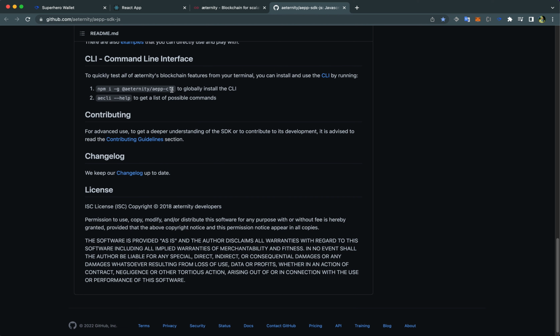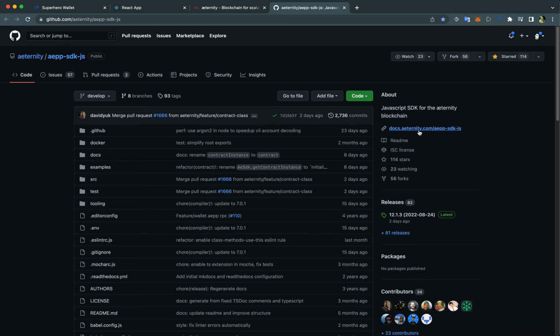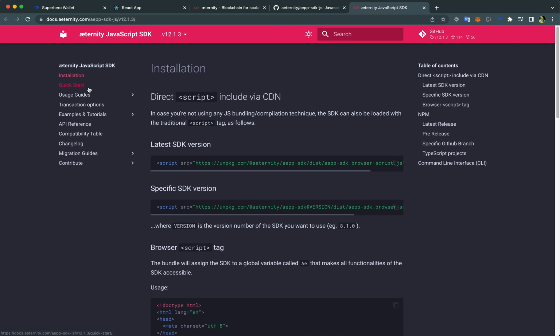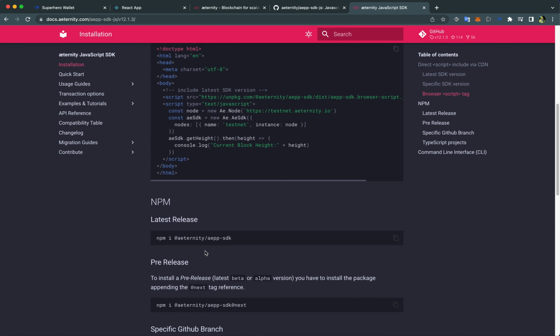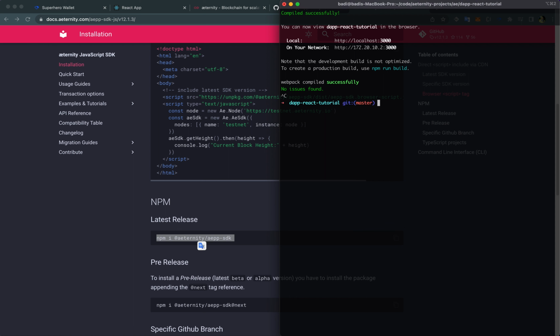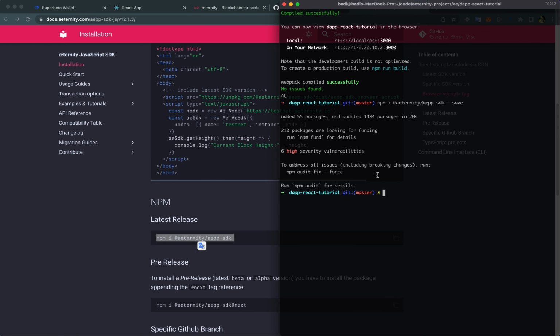Okay, and then just visit the SDK website. There you find the installation guide. Awesome. Now we have everything we need to start coding, but before we start, I'd like actually to take a